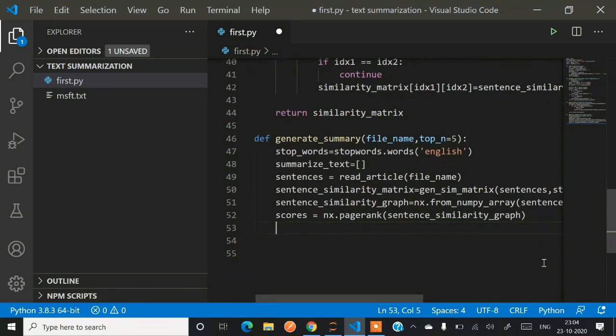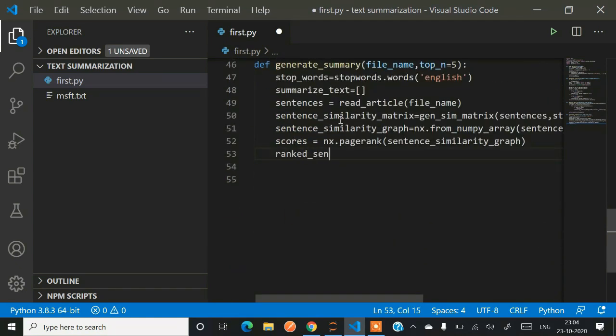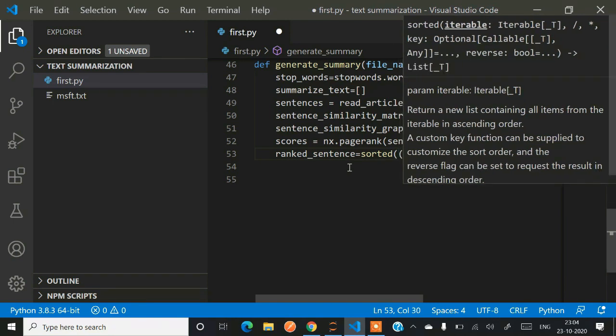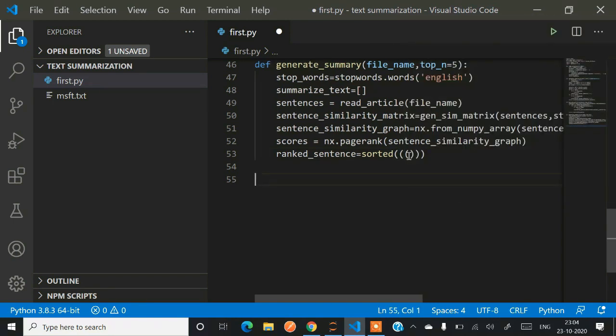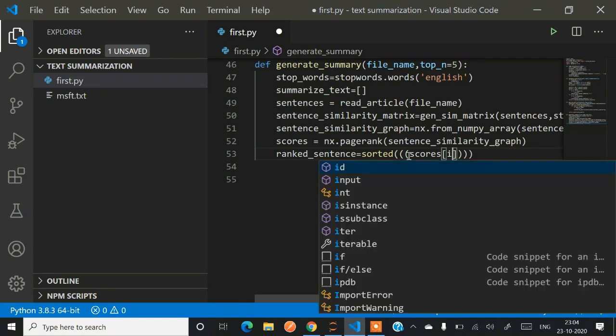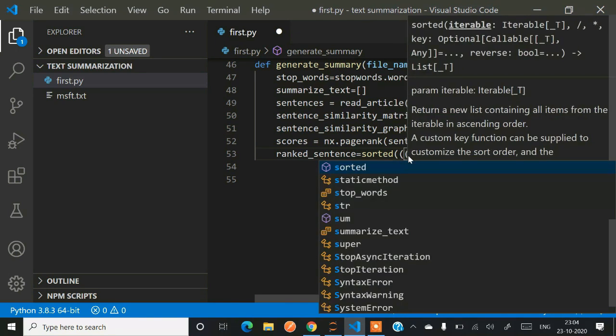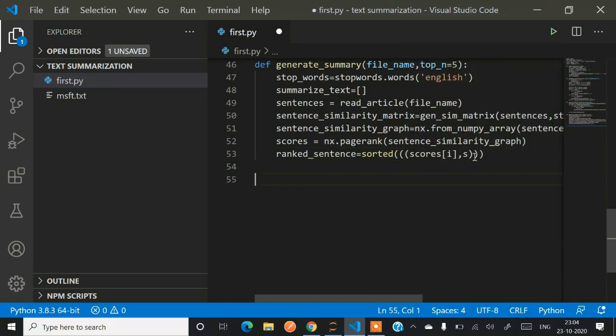So the rank sentences, now we have to sort the rank and pick up the top sentences. So ranked sentences equals sorted on the basis of the score that we have already fetched, comma s. Now s is our sentences. For each sentence, we have some score related to it. So score i, comma s for all the i and s in enumerate sentences.